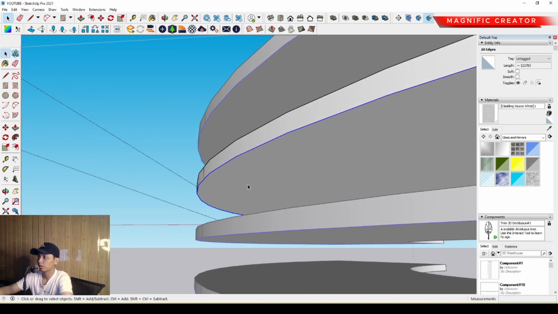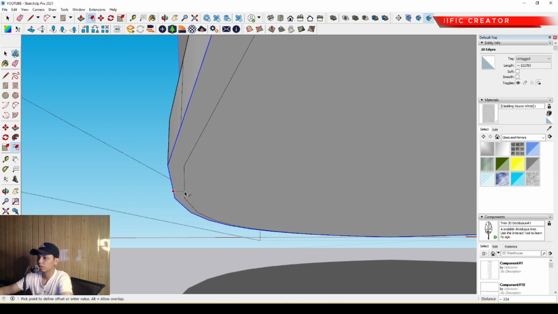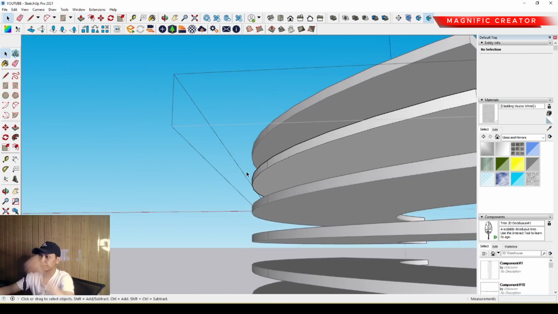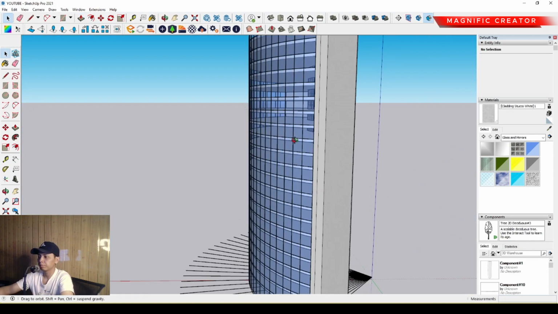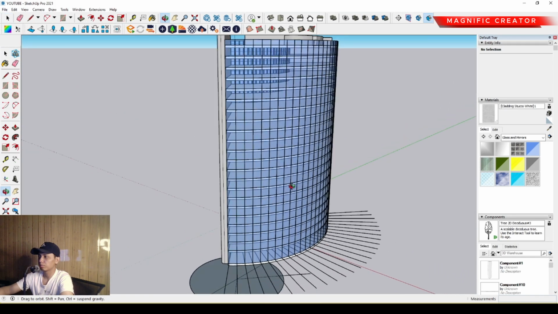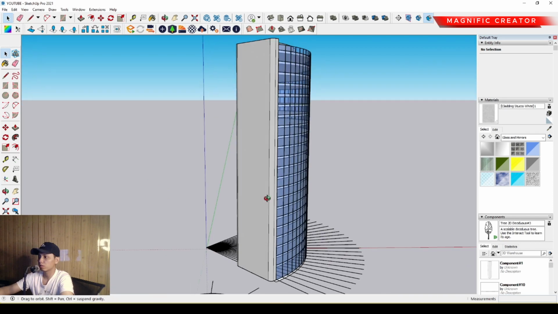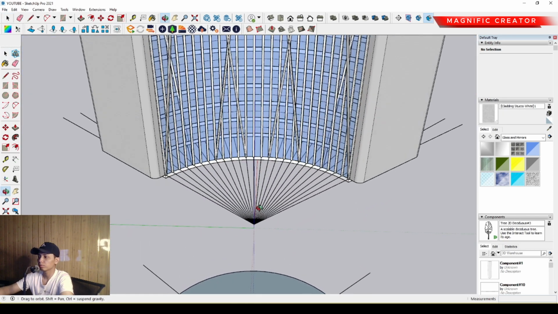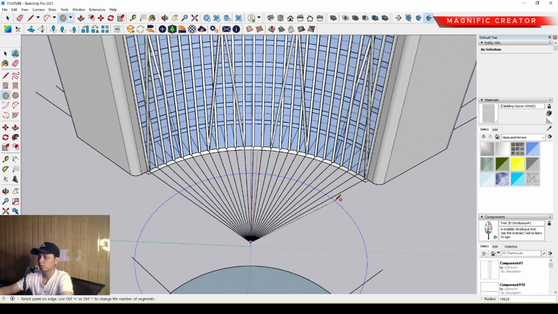Okay, and then we can offset it inside around 300 millimeter. Okay, it looks more finished and good anyway. And then we can make the central place over there,